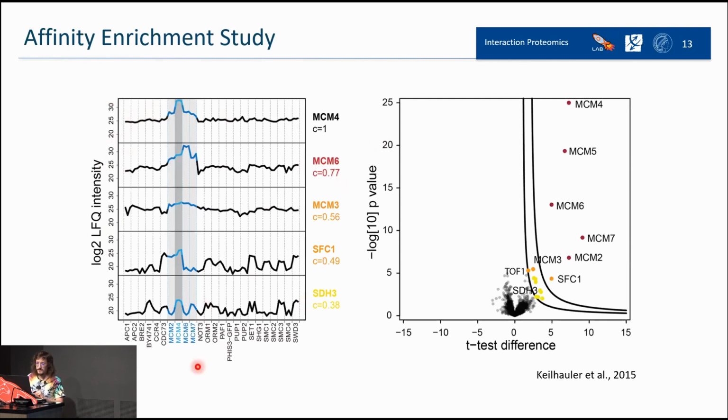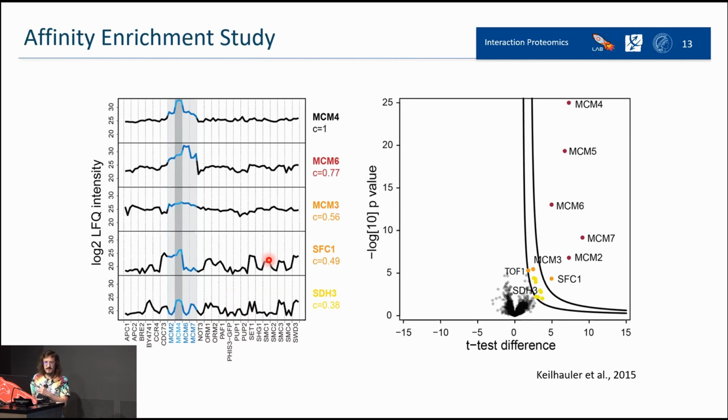They thought, well, if we see something that has a similar profile, it means that it probably is a specific binder. Because otherwise, if it binds unspecifically, we will see, for example, that protein enriched in one experiment, but definitely not in the other, because in the other something else attached there.